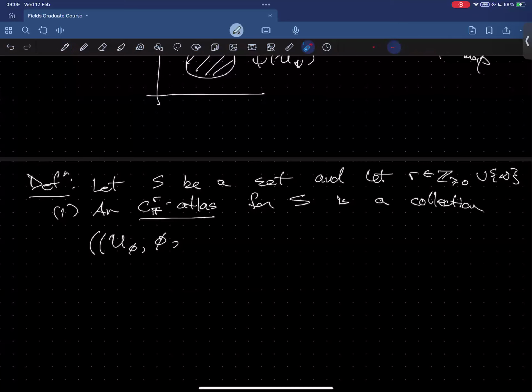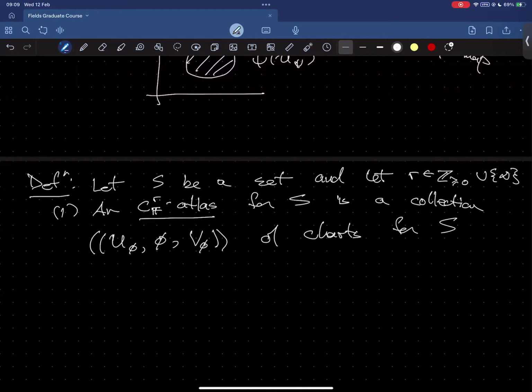Remember that this U is an open subset; well, it's mapped to an open subset by phi. So this is not to be confused with U phi that we've talked about before. I'll use a different font to distinguish, since we always had been calling that a topological vector space, but this one's a neighborhood. But this V is a topological vector space. So this is a collection of charts for S, such that